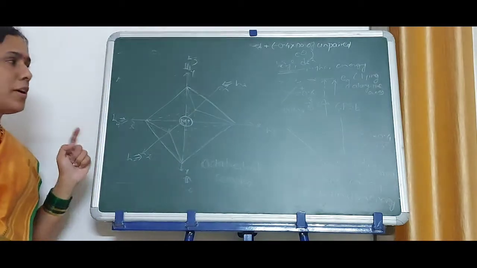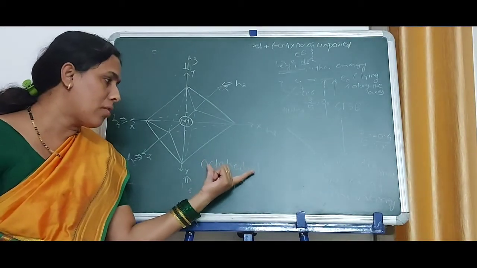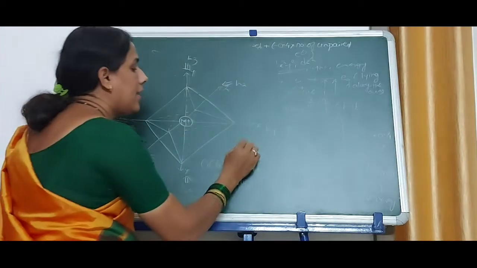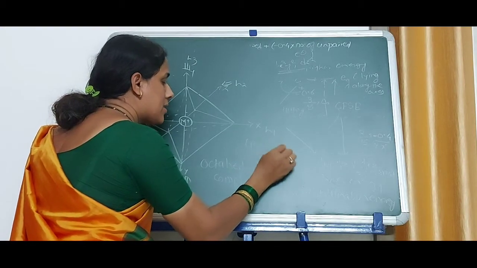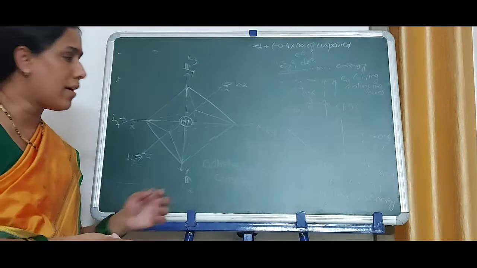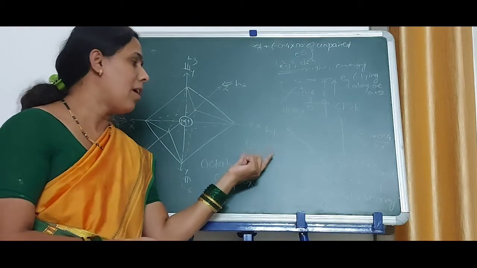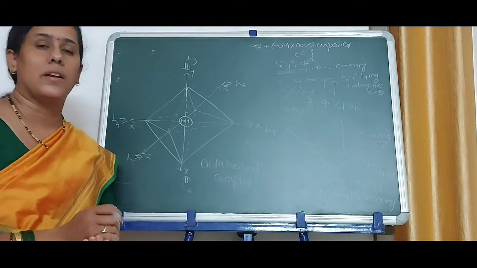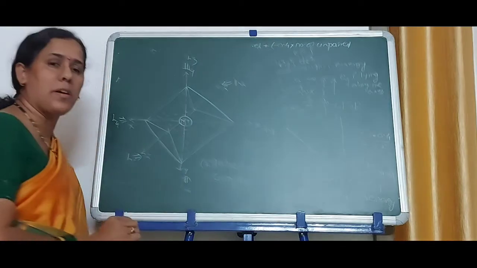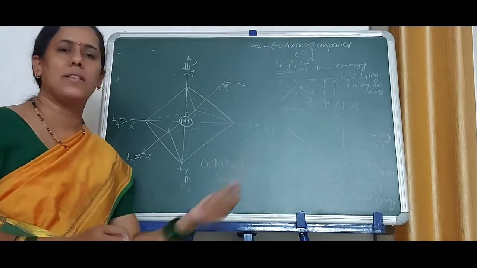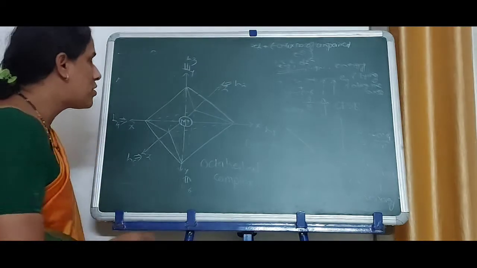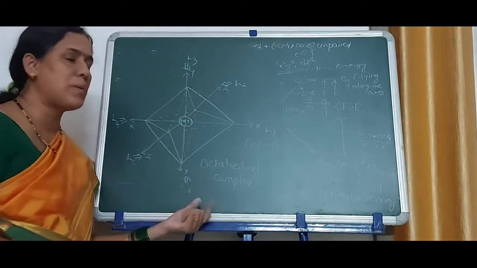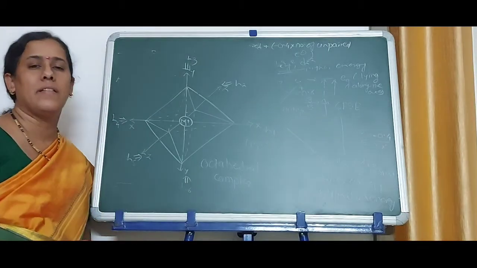Now, one more point is remaining: the octahedral complex formation also depends on the type of ligands, either the ligands of a low field complex or high field complex, or low spin complex or high spin complex. According to that, the type of hybridization also depends on this value. Now the next point, the high spin and low spin complex and the distribution of electrons from d1 to d10 according to high spin and low spin complex, will be studied in the next lecture. Thank you.